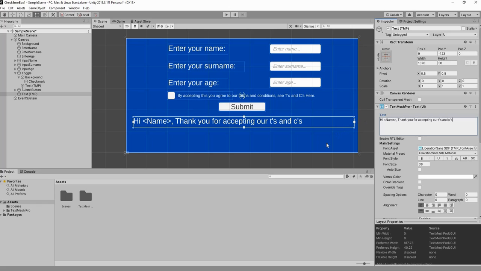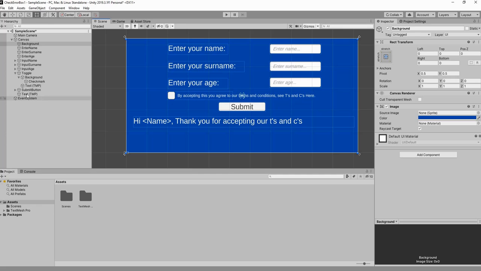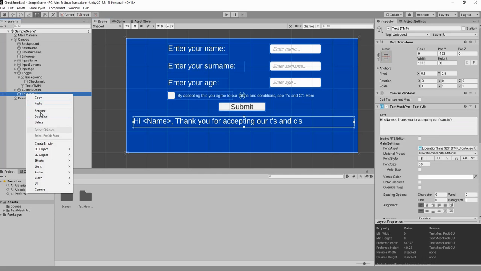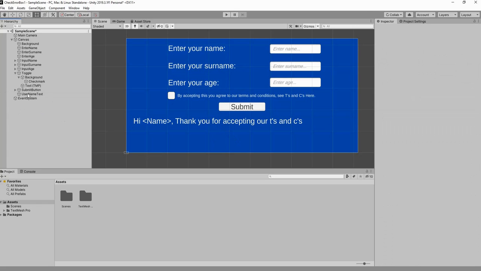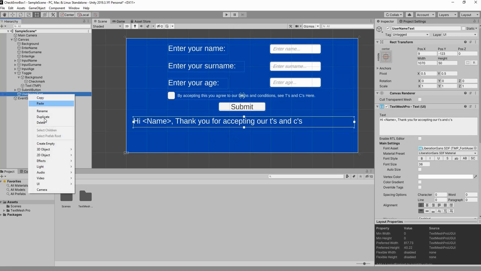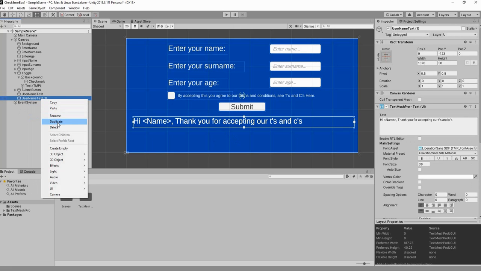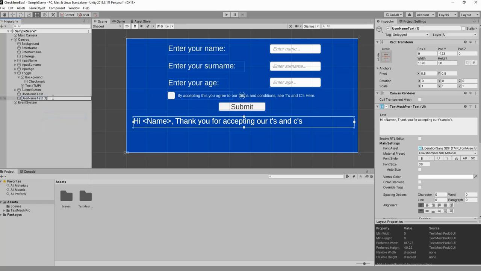Okay, so that's done. While we're here, let's just rename this to username text, and then we just want to duplicate this, so right click, duplicate, and we can just rename this to user age text. Okay, then we can just grab the multi tool, drag that down,